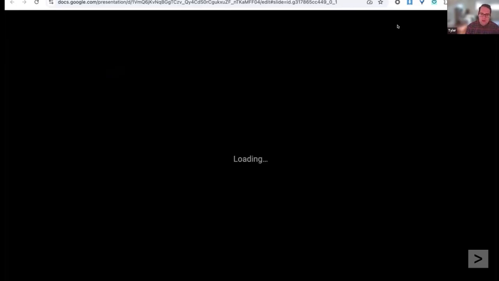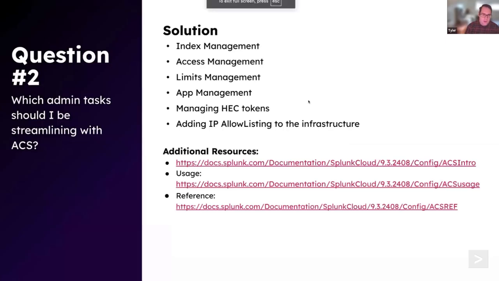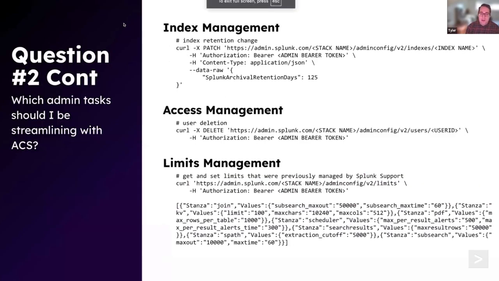Let's go to the next slide. The first thing we'll cover is index management. These are all just curl commands that I've come up with, showing how to hit this endpoint for an index retention change. If you use Splunk Cloud, there are settings that say, if you use